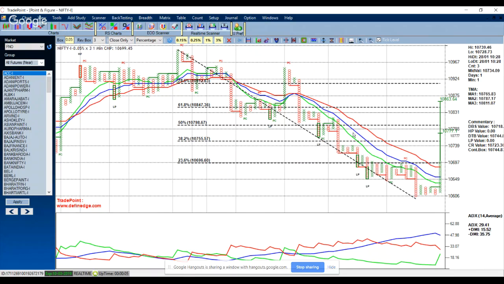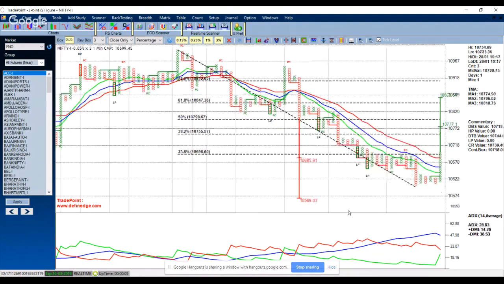So this is the Nifty analysis. Most of the counts got achieved in this, so there is not a lot left for Nifty to do. Now I will look at Bank Nifty. What Bank Nifty has done is